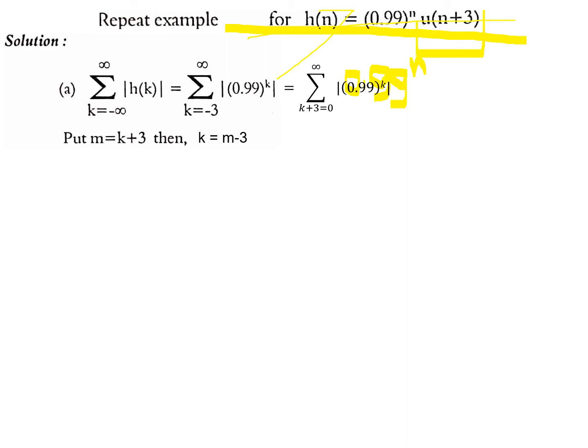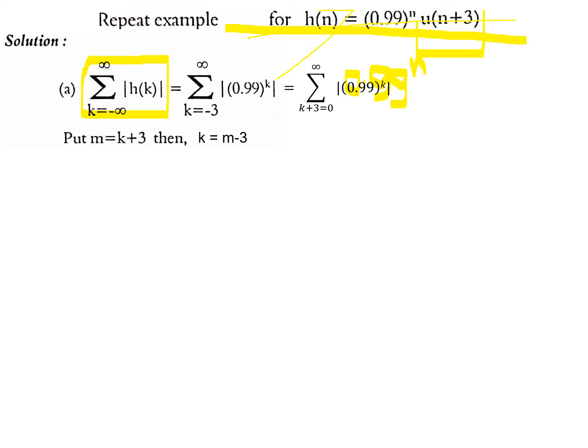Here we will follow the same procedure. We will try to find the stability property first. For that, let us see whether the impulse response is absolutely summable or not. That is, we will make use of this formula. This formula must converge. If you add all the values of h of n and the result is finite, then the system is stable, otherwise the system is unstable. Let us try to apply this formula.